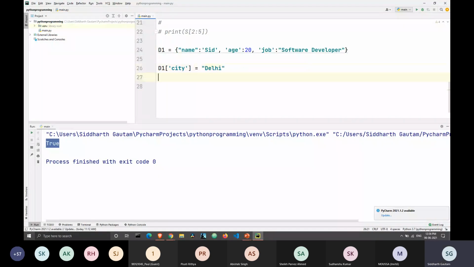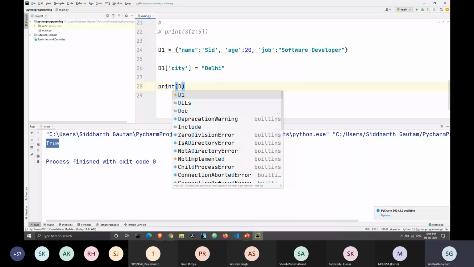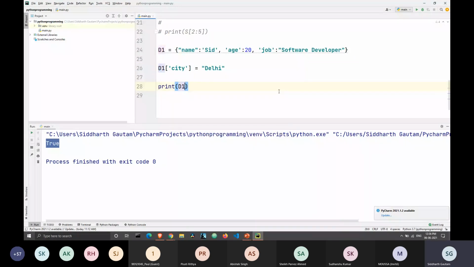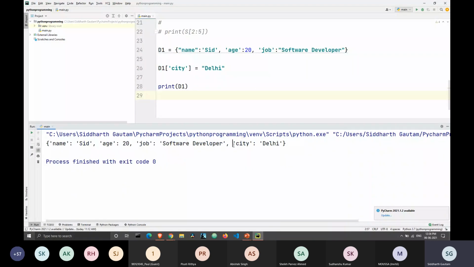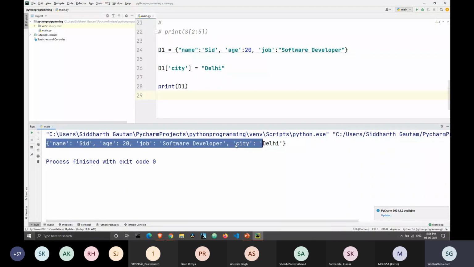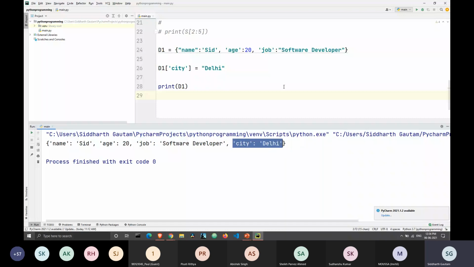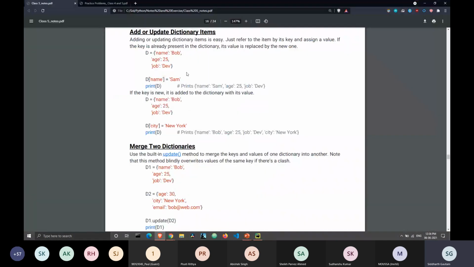Now I'm going to print D1. When I print this, as you can see, this key-value pair, city is equal to Delhi, has been added to the dictionary. This is how you can add elements to a dictionary: the name of the dictionary, square brackets, key is equal to value. Remember this format. It's already in your resources, and the resources are already in your WhatsApp group.